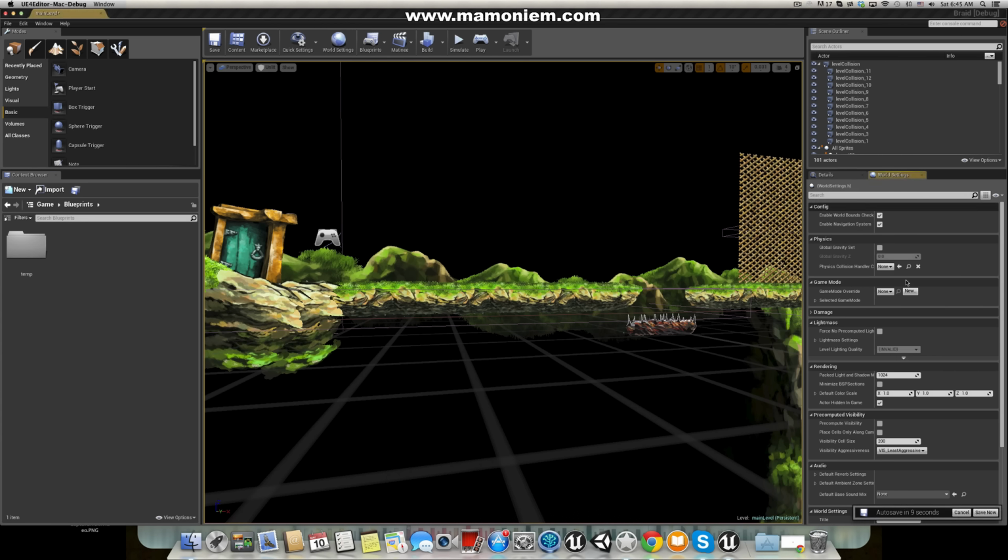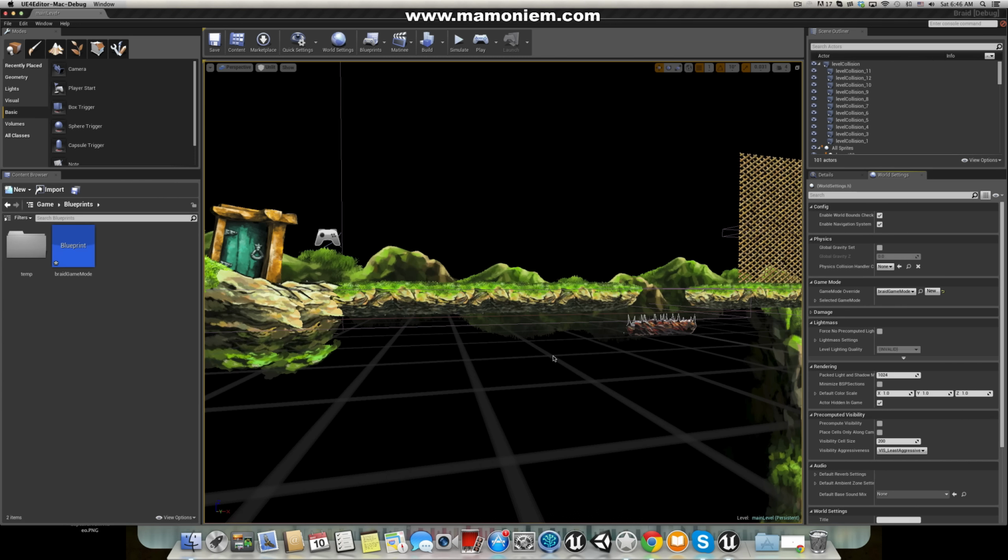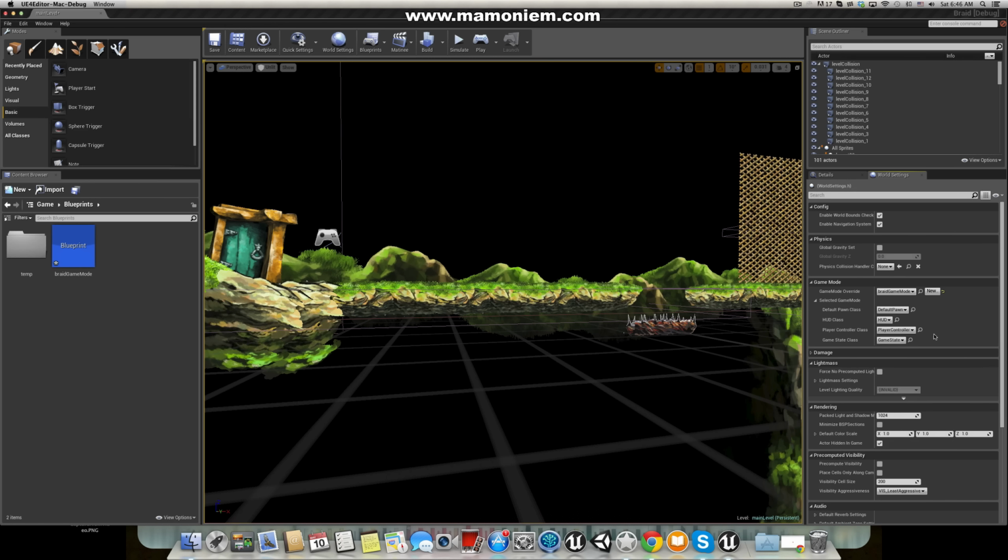So to make this game mode, we are going to select our roulette settings and come here to find we have game mode to override, but for now I have no game mode, so we are going to make one here and put it in blueprints because it pretty much looks like a blueprint, and we call it Braid game mode. Also, in this game mode, you'll find some options like the default pawn and HUD class and player controller and game state. Pretty much we'll leave everything, it's fine, but we are going to change the default pawn class to our character